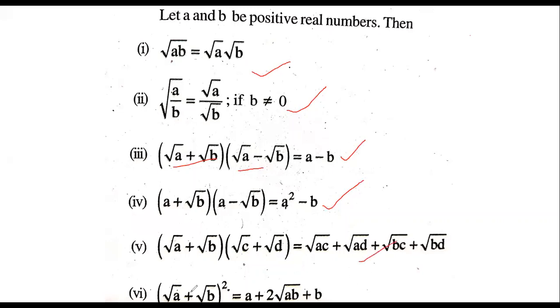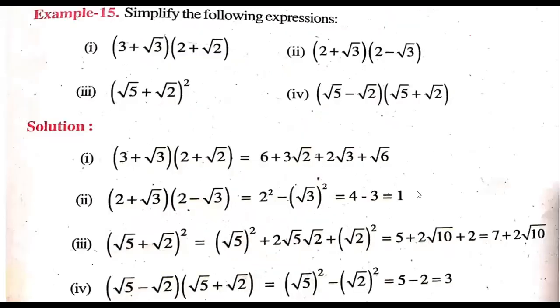Here they gave a plus b whole square. I gave you even root of a minus b whole square also. This is all algebraic operations, like addition, subtraction, all. In algebraic expressions identities we took, but we just put square root on top of the numbers. Yes. Now, look here.